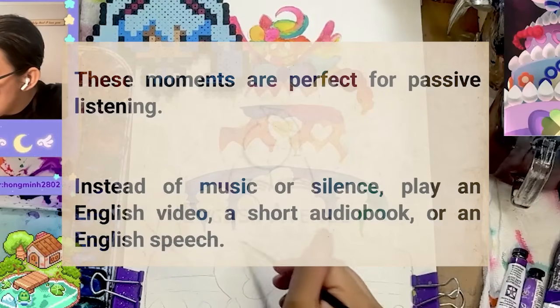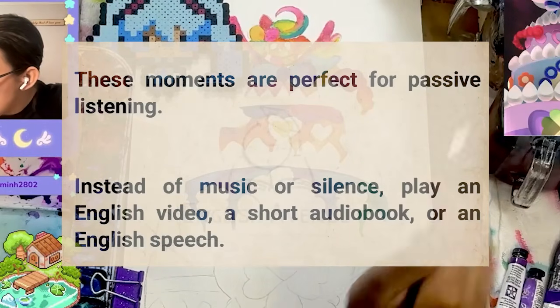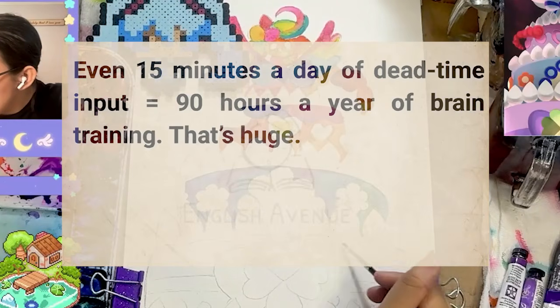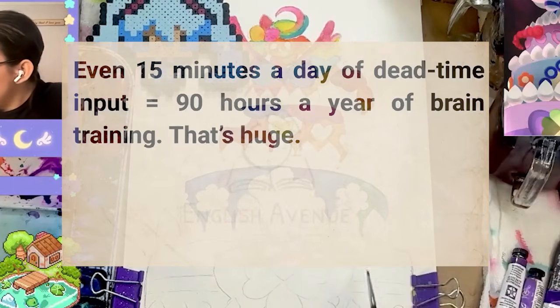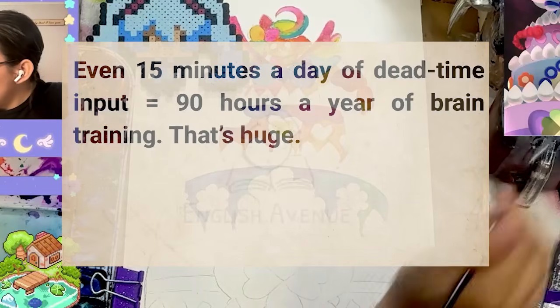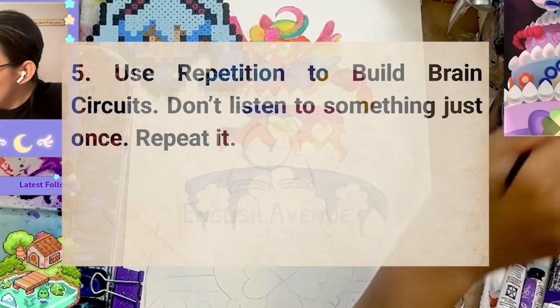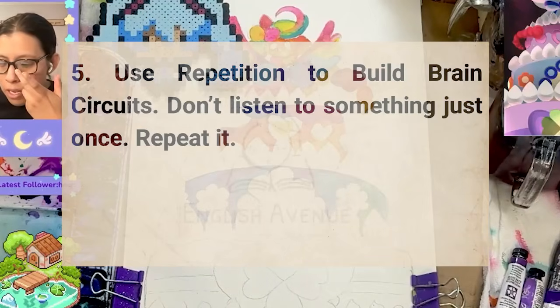Instead of music or silence, play an English video, a short audiobook, or an English speech. Even 15 minutes a day of dead time input equals 90 hours a year of brain training. That's huge. 5. Use repetition to build brain